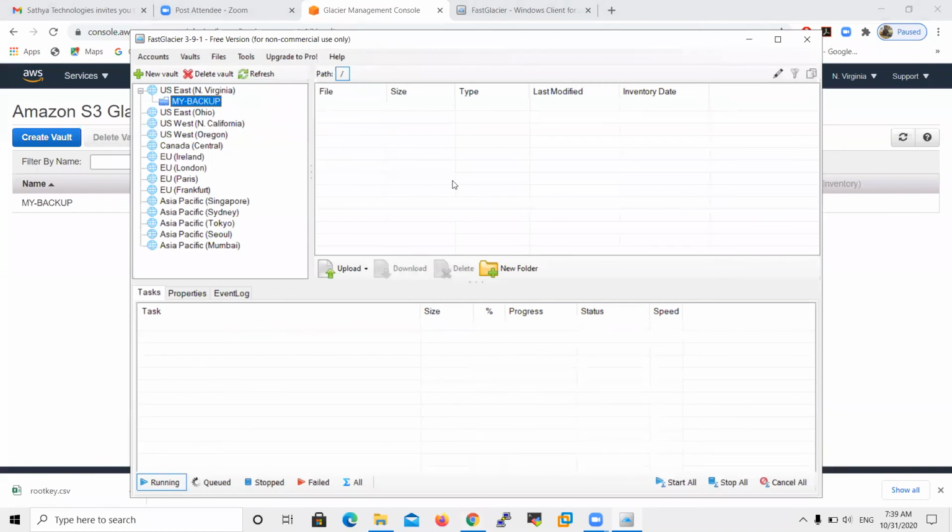So that is called S3 Glacier. Glacier is just like a backup tool only, otherwise no use. If you want to take long term backups, then we can use Glacier. But before uploading large data, it is better to compress, like zip the file, then you can upload it. So this is called S3 Glacier.